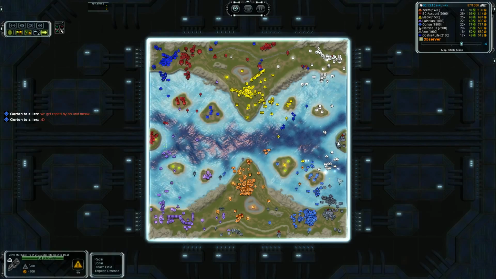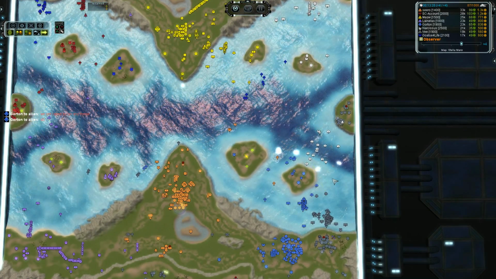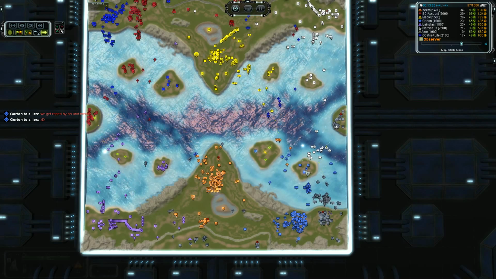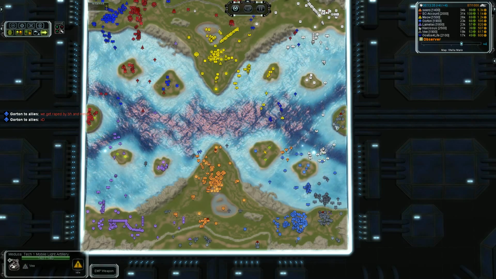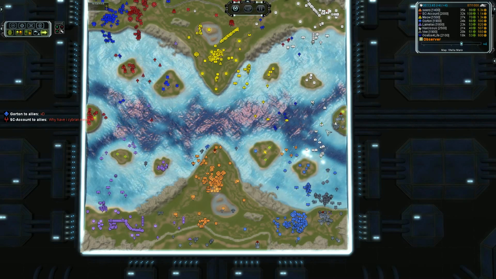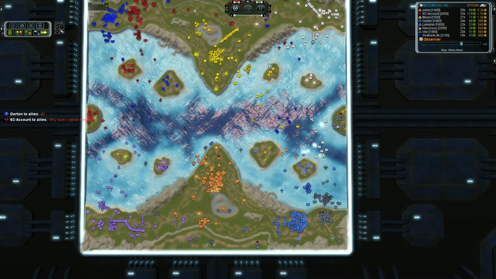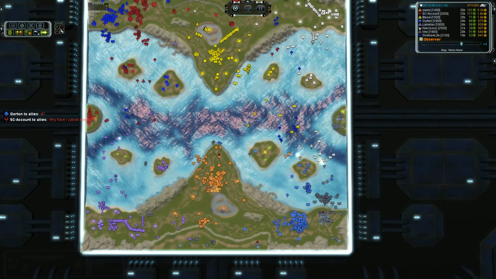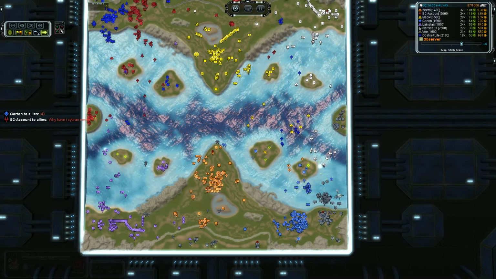And this is somewhat problematic. V has lost most of his navy to cruisers, or not cruiser, frigate spam. There are destroyers down here from Narcissus as well, and with the help of Meow's Salems, he's actually doing an insanely good job of, I